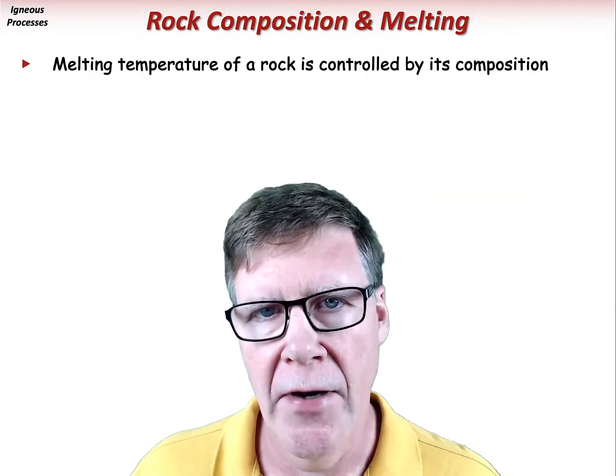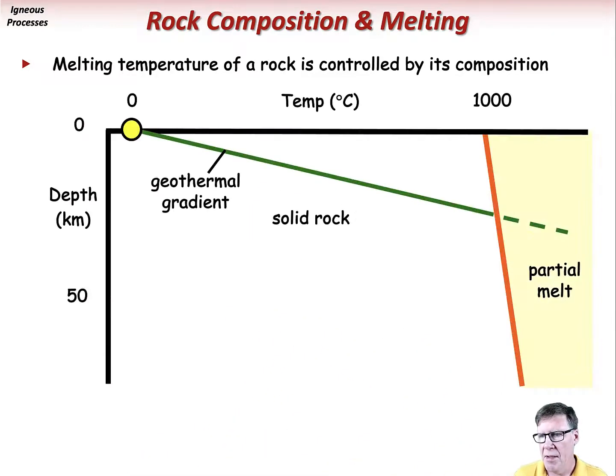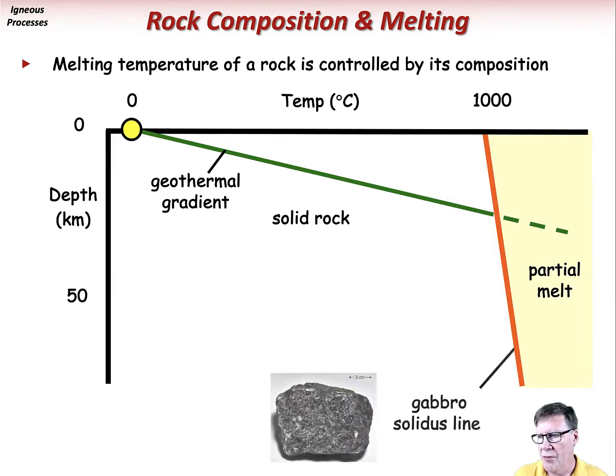The position of the solidus on a depth temperature diagram is controlled by rock composition. For instance, in this depth temperature diagram, the orange solidus is for the rock type gabbro. It represents those depths and temperatures at which gabbro is solid and where it isn't. If another rock contains different minerals that, say, melt at lower temperatures than gabbro, it will have a different solidus